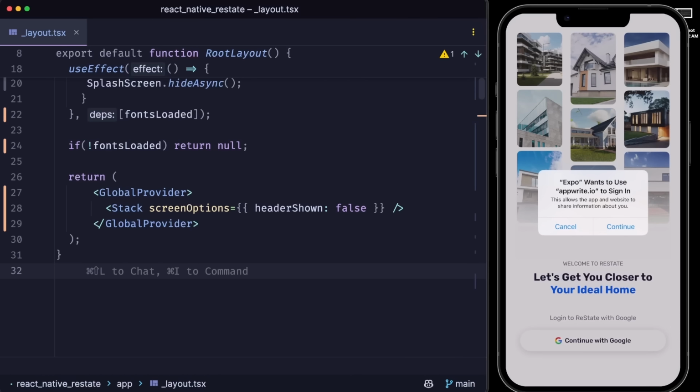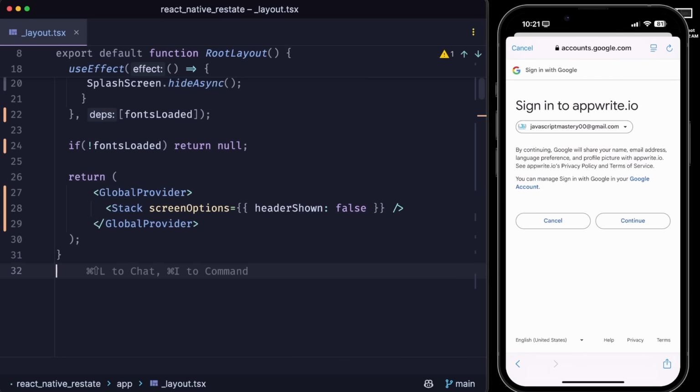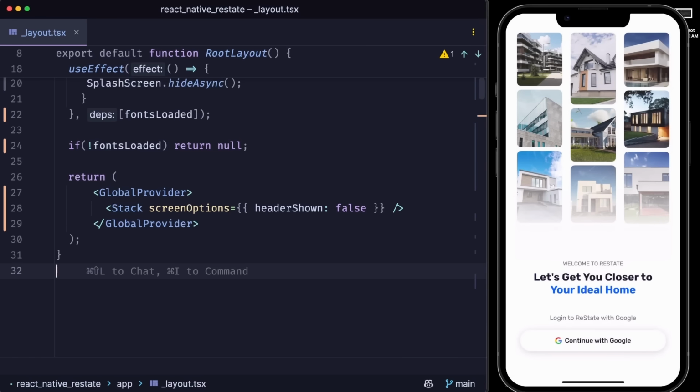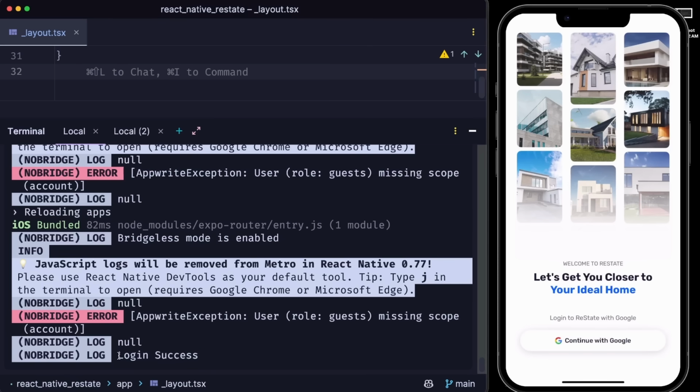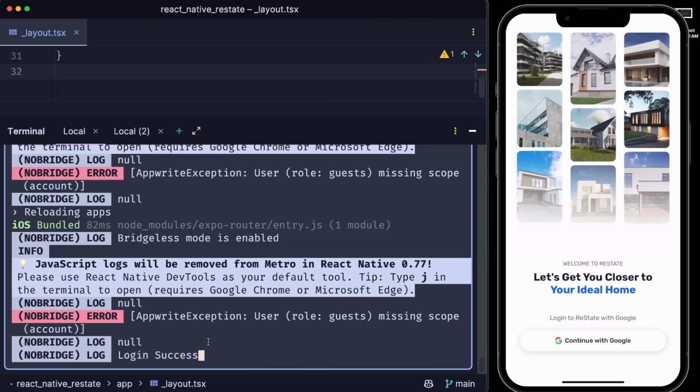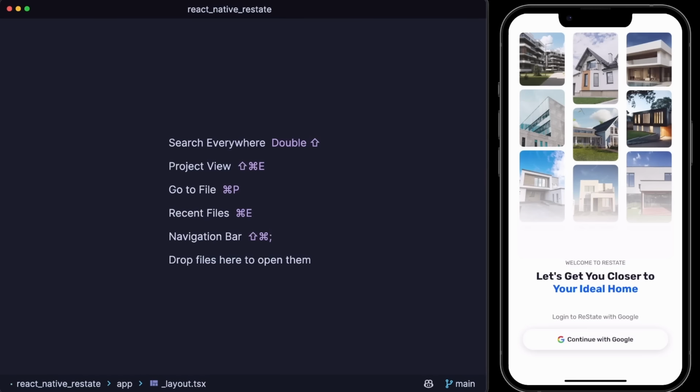You can see now it says Expo wants to use Appwrite.io to sign in. Yep, we'll continue. I chose my JavaScript Mastery account, and I'll click continue. And now the browser closed, and we got a console log of login success. This is the only thing that we needed to see. So let's give it a shot. Let's head over to